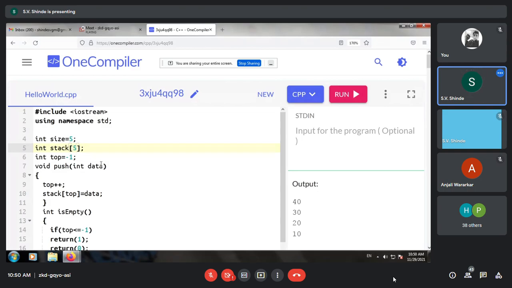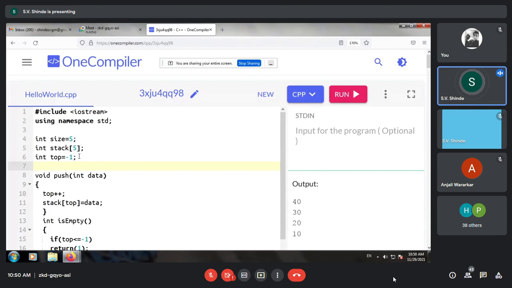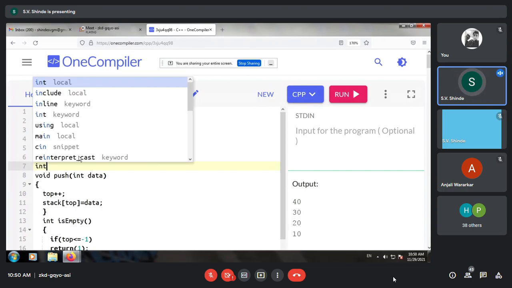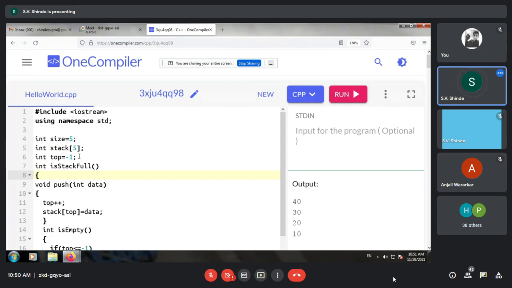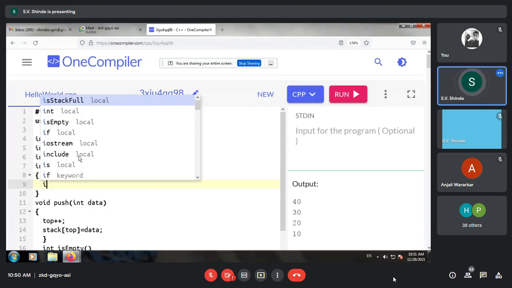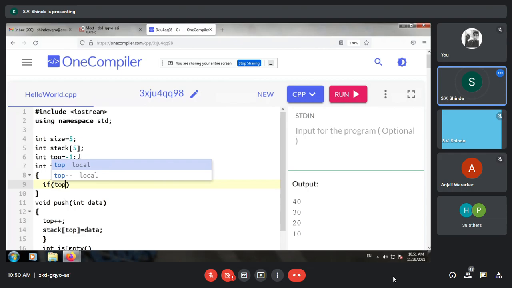We will implement the stack full above push because we are going to check it above push. So int isFull over here. We are just going to check it based on the top. So if